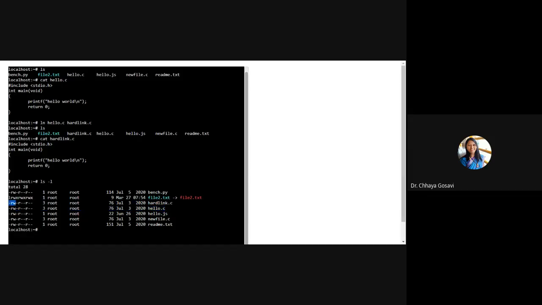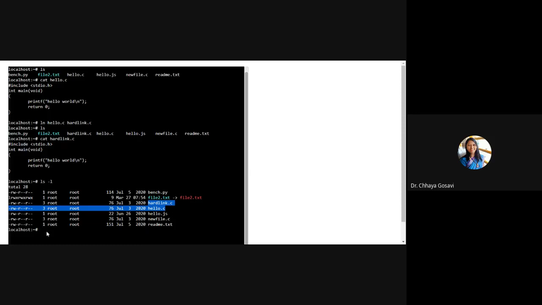Is this first dash visible? The first bit shows the type of file. As it is a dash, these are regular files, and you can see all the permissions are copied as they are. The size of the file is the same, 76 bytes. Hello.c and hardlink.c. So this is a hard link. It creates another access or another file with the same content. It creates exactly the same copy of the file.